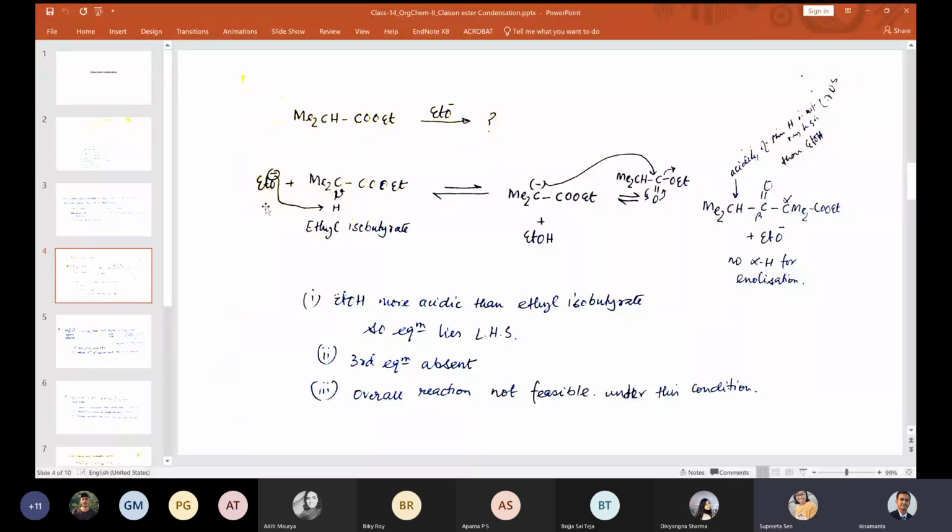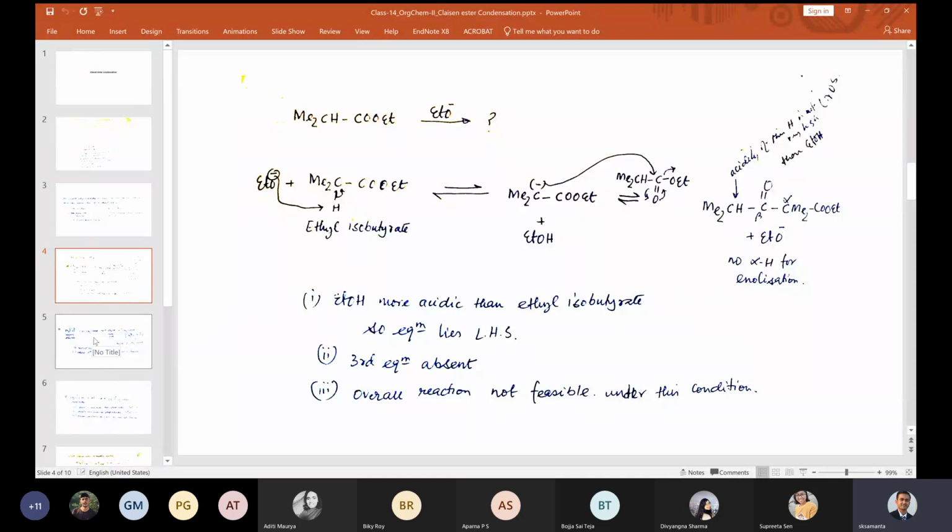If the pKa is more, then it will stay in which form? Yeah, pKa more means it's a less acid. Less acid means it won't stay in the negative charge form. It will always stay in the conjugate base form, correct? So acid has a conjugate base and base has a conjugate acid. So it will remain as a conjugate base form, correct? This is the conjugate acid in that case. I mean, this is the conjugate base in that case, because we can consider this as an acid. Let me tell you one more time.